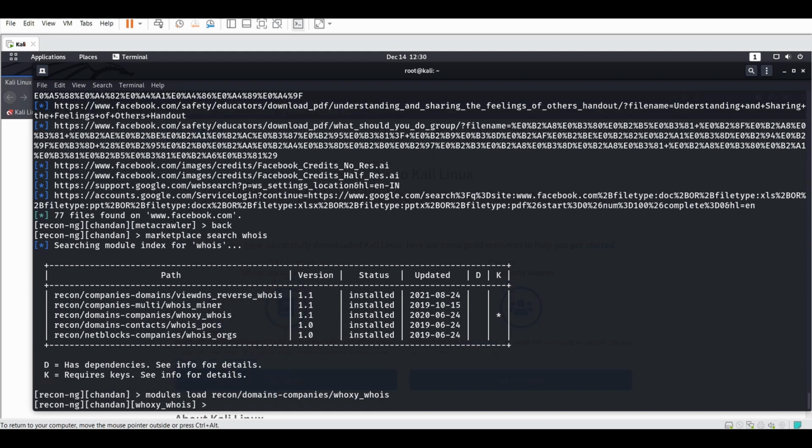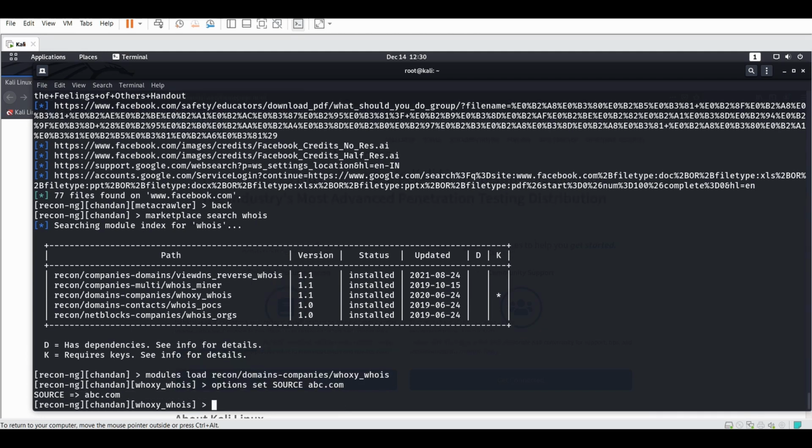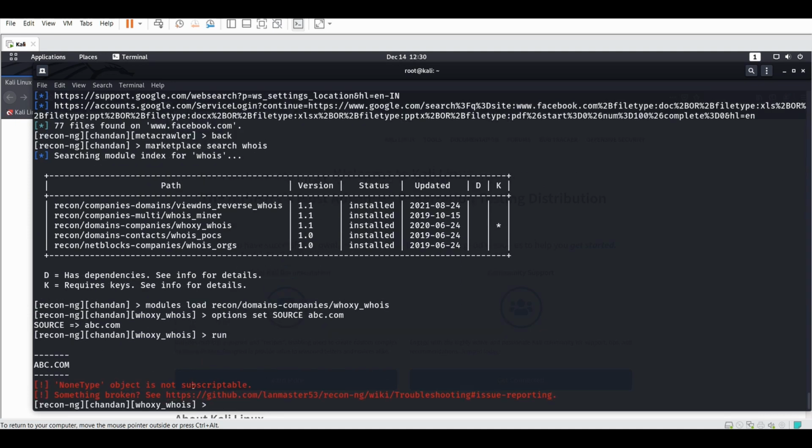Now if I say options, set source abc.com, right? And if I run, you can see here it is saying something broken,